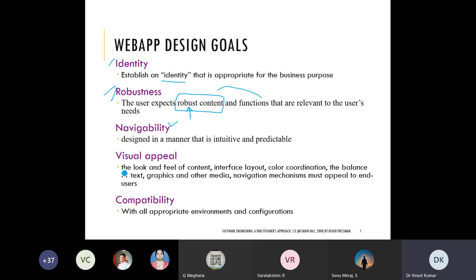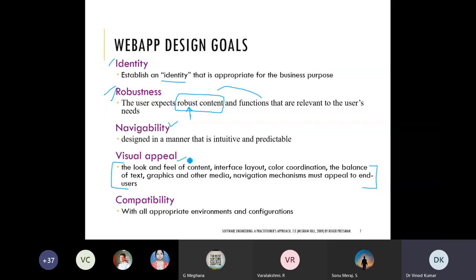Visual appeal: the look and feel of the content, interface, layout, color coordination, the balance of text, graphics and other media, and navigation mechanism must appeal to the end user. This represents how attractive the interface and the look and feel of your web page are, so that it makes people use it in a very friendly manner.